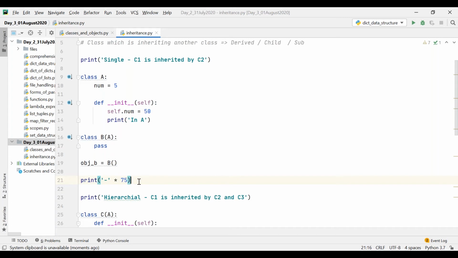If the child doesn't have something required, first it will check with the parent. If the parent is busy or doesn't have that, then the child will directly go to the grandparent and ask. The same concept. So bottom to top level. That's nothing but multi-level inheritance. It can go up to any number of levels, but method resolution will be from bottom to top.